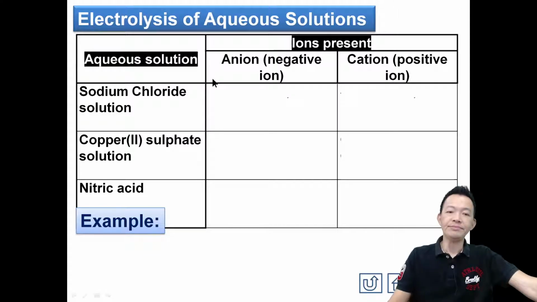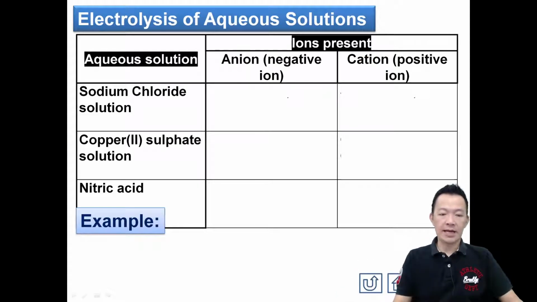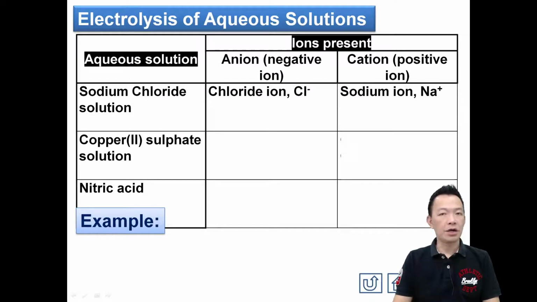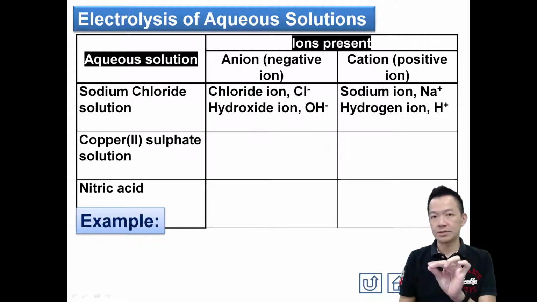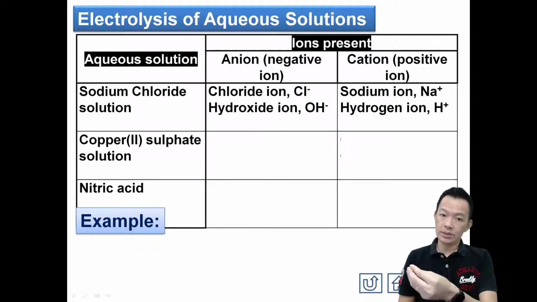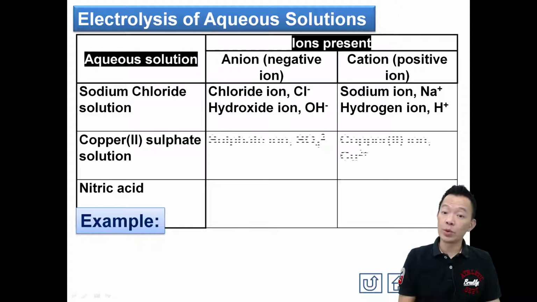为什么会这样？Because water molecule slightly dissociate, 水的分子一点点解散，or slightly ionize 一点点的离子化，become hydrogen ion and hydroxide ions. Any example? Sodium chloride solution, because of the word solution, 我就知道它在水里面，盐水。Sodium chloride solution contains sodium ion and also the chloride ions. So the positive ion 就是 cation，sodium ions, cation. So sodium chloride solution 除了它的 electrolyte 的离子以外，sodium 跟 chloride，it also contains hydrogen 和 hydroxide。